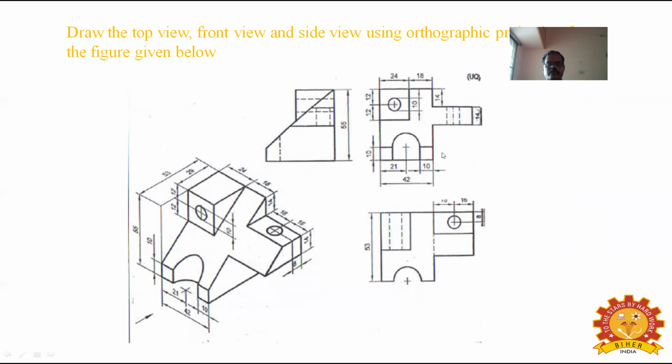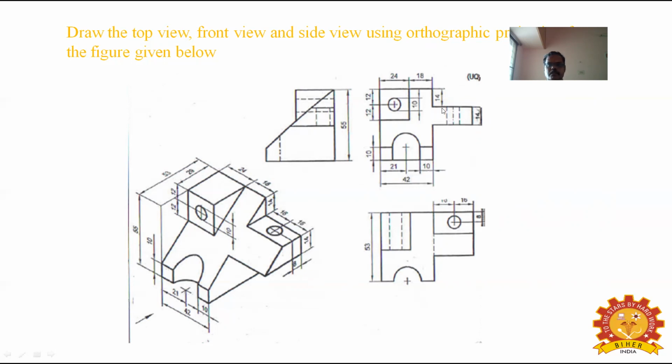So 42 by 55, first complete the outer rectangle. Then complete this extra projection's height rectangle. The thickness is given as 14 mm and the distance is given as 32, so 32 by 14, and the depth is also given as 14 mm. From one end, 14 mm, and you have to construct this rectangle of size 16 plus 16, 32, and the thickness is given as 14.